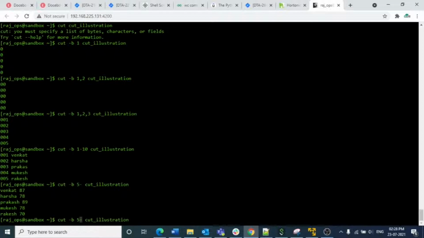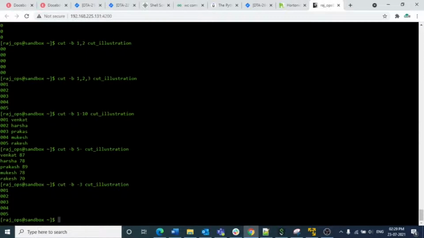Similarly, if you want to consider only the roll numbers, you can pick up only these with -3. That means it will start from the first position but end at the third position. So that is what the byte -3 and 5 is. With the byte position you can specify 1, 2, 3 and all. But what the B tells you is that we are considering with respect to bytes.